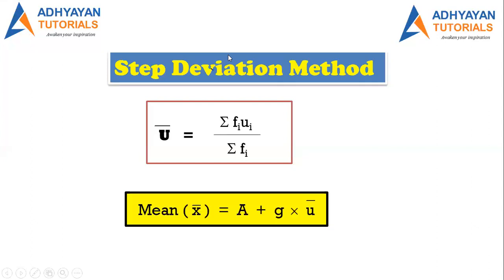Now, students, we will write this formula. When I say G U bar, can I also say A plus G into U bar? There is no formula. That means A plus G into U bar. Sir, can you repeat? What does U denote? Actually, U is a deviation when considered by scale. It's a complex thing to explain, but easy thing to calculate. Okay, so I hope everybody is done.